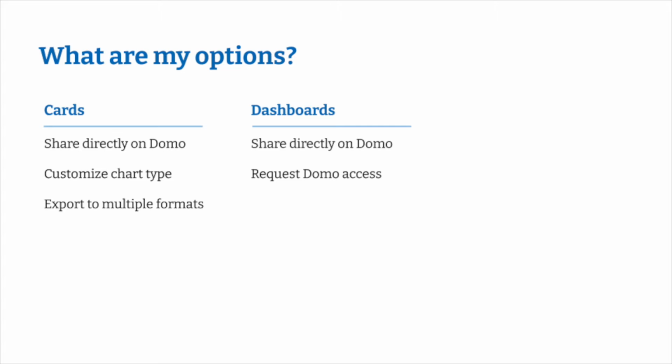However, because the full KPI dashboards are so large, they should only be shared directly with other users over Domo. Exports to other formats, unfortunately, destroy the layout and make these very hard for users to read. Luckily, requesting Domo accounts for other team members or stakeholders is super simple, and we'll cover that process in this video as well. Let's start with sharing directly on Domo, using the Content KPI dashboard as an example.